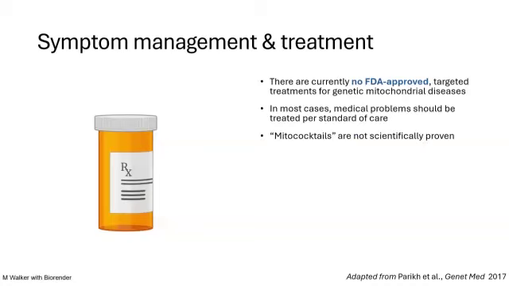So you've heard a lot probably already about mitococktails. Mitococktails is a term used to describe the prescription or use of various vitamins and cofactors that we empirically infer would be helpful if you have a problem with your mitochondria. We say, oh, we know that to make ATP, the mitochondria need coenzyme Q10. So perhaps it would be helpful to give coenzyme Q10 or thiamine, and we will often prescribe these.